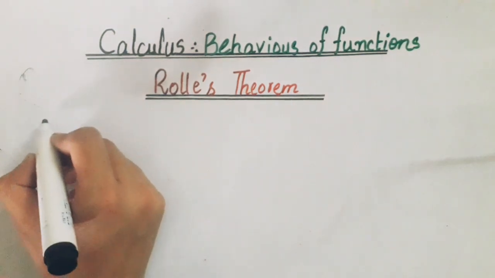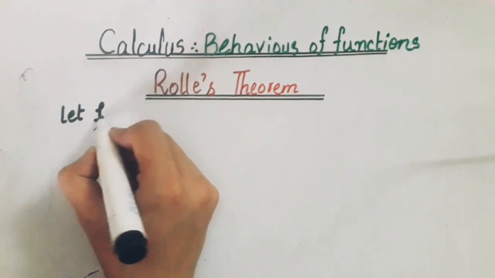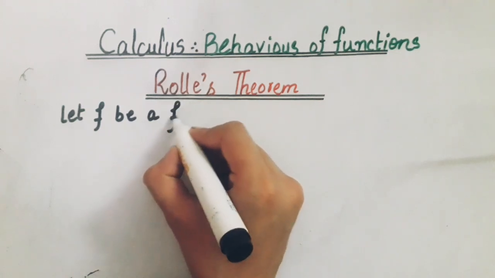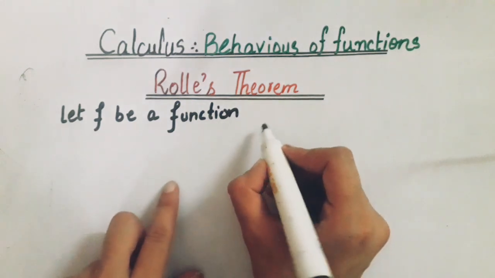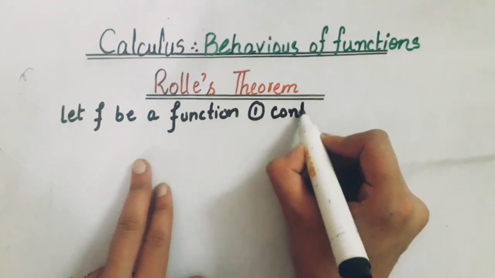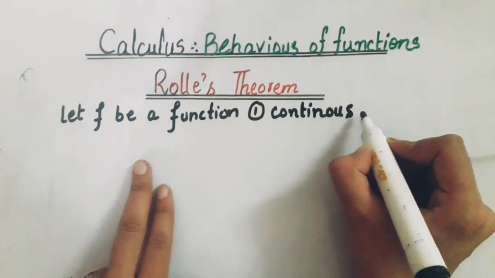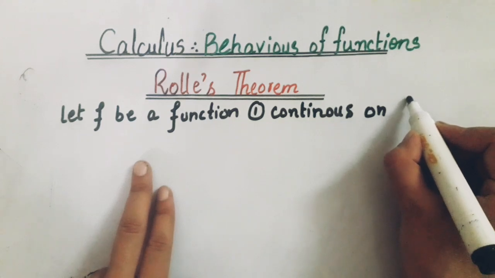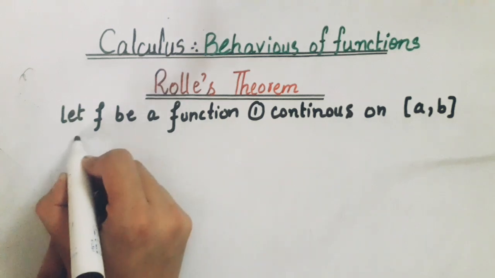grab your pen and paper and write down the statement, that is, let's consider f be a function. Then there are two situations for function f. First one is f is continuous, and the second one is continuous on the closed interval [a, b], and the other condition for this is